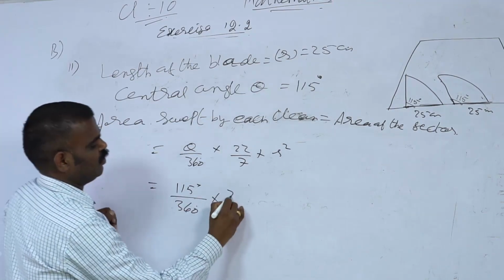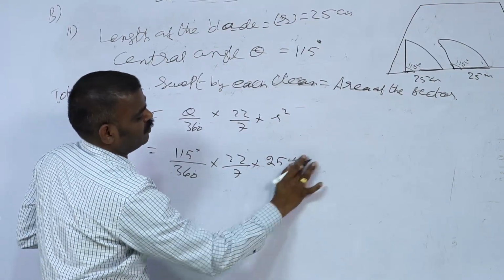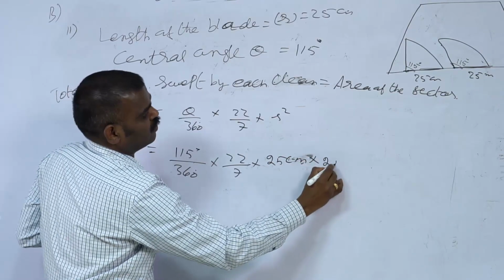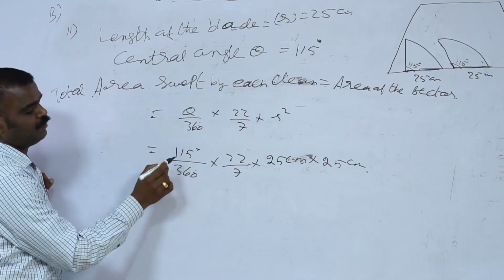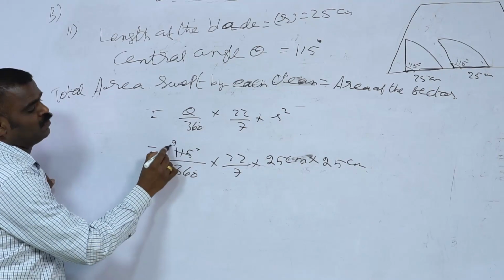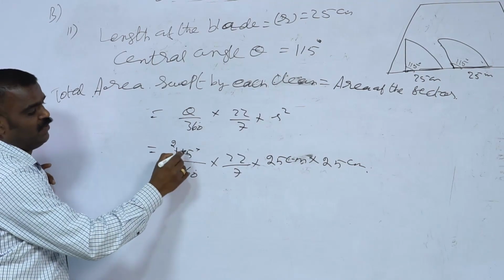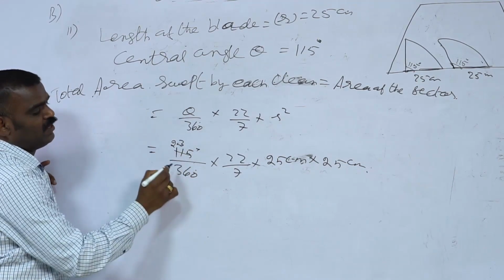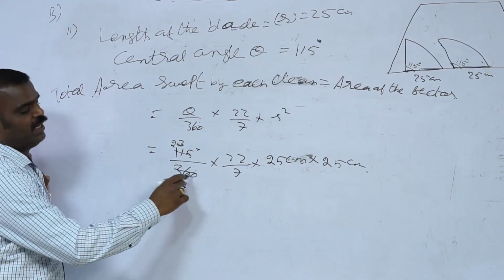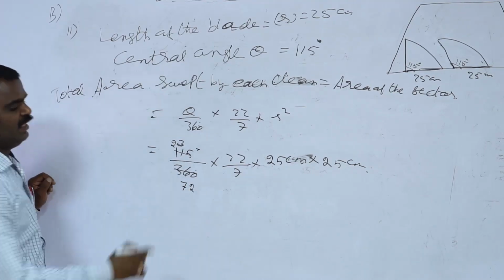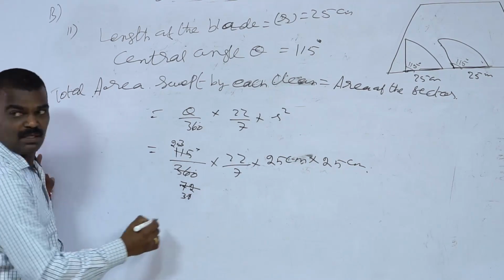A little bit long calculation. Follow me. R is 25. 25 centimeter into 25 centimeter. Okay, 5 can divide. 5 how many times? 2 times. 2 5s are 10. How much remainder? 1 remainder, 11. Sorry, 15. 3 5s are 15. 5 how many times? 7 5s are 35. 1 remainder, 10, 72. Next, 2 can divide. 2 how many times? 3 2s are 6. 1 remainder, 6 2s are 12.